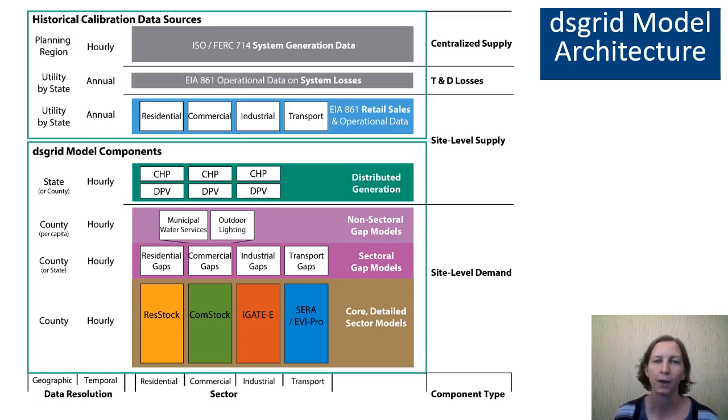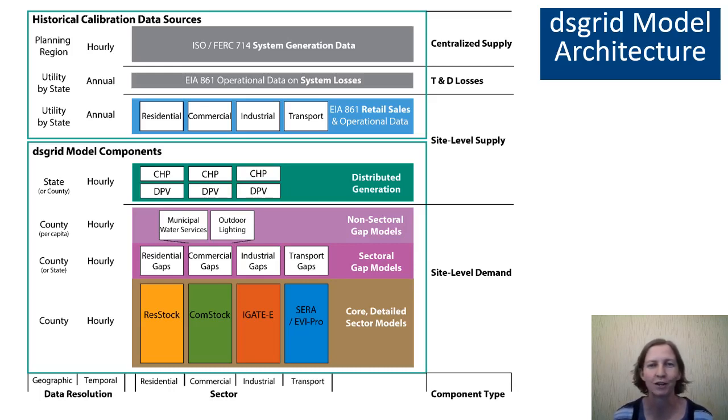Because we were comparing our bottom-up representation to historic data, we also had that historic data that's really representing the electricity sector, how much load was actually served. And for that, we have hourly load data, everything added up all together. That's that top ISO FERC